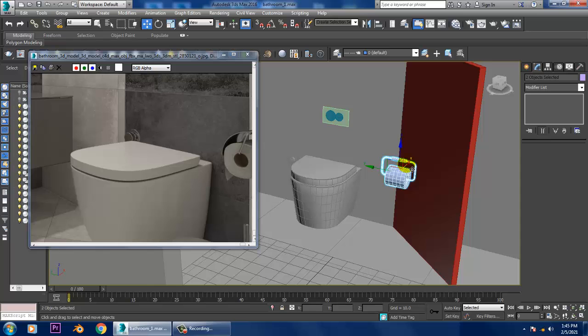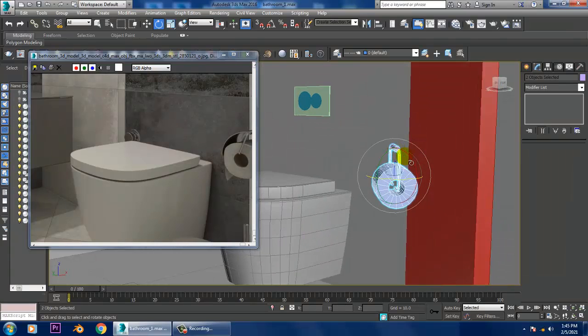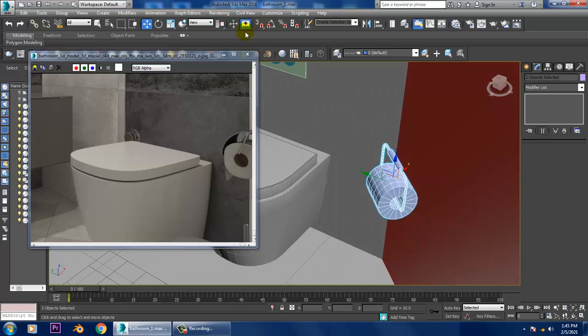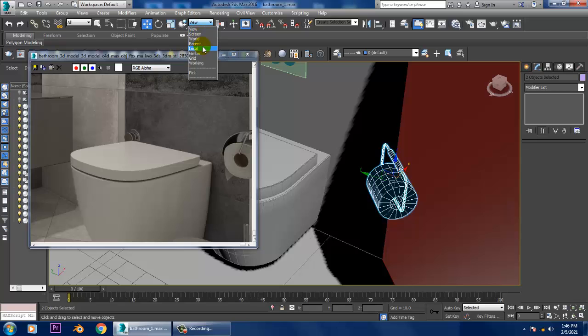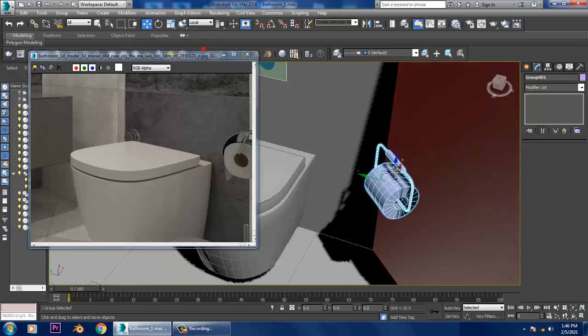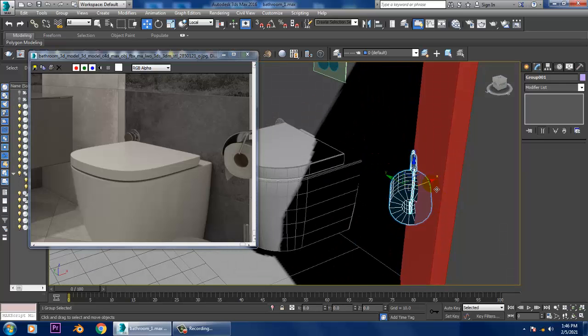Definitely we'll be working with the camera angles later on, but you can set it accordingly. I'll go into this, set it as local, and group this. You can just group this element over here, so much better. I can easily group it. After you have grouped this over here,